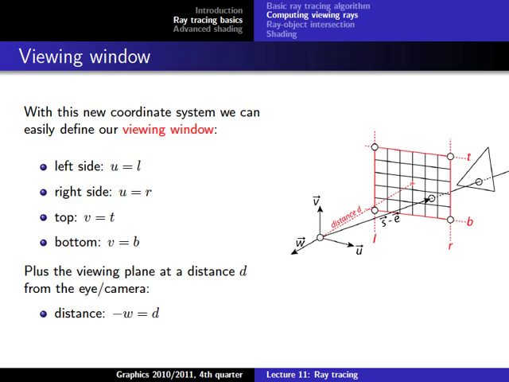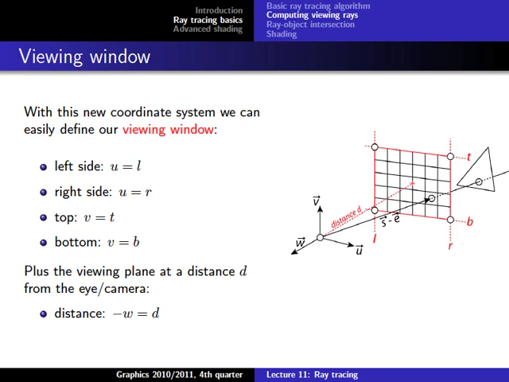All right, so we have our coordinate system now. We have it normalized, so we have an orthonormal basis. And now we have a viewing window, and we want to express this viewing window in the new coordinate system. So we specify again our viewing window, like we did for the view frustum, with left, right, top and bottom, only not far and front plane, because here we have a viewing window and not a view frustum. And of course we also have to know the distance between the camera